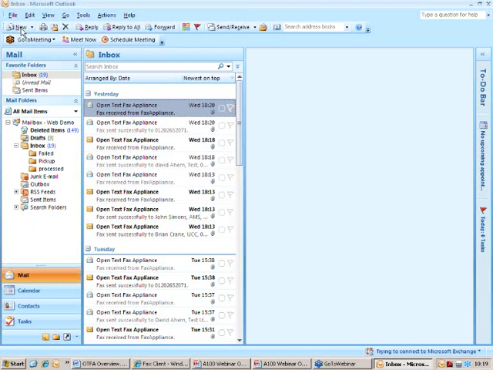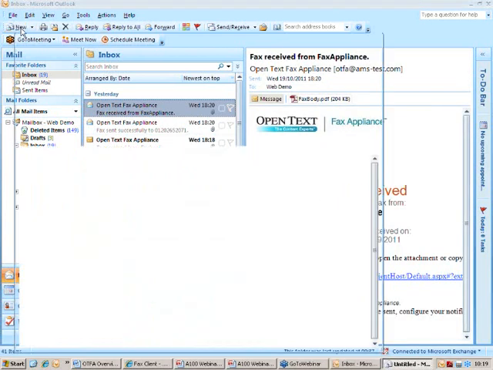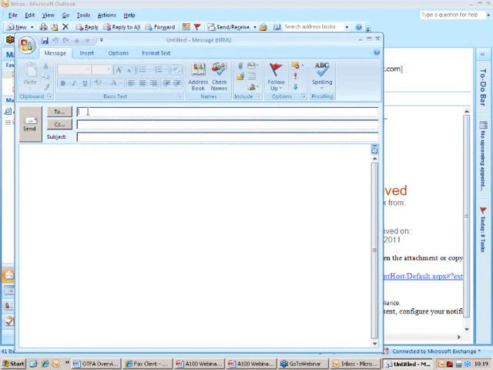So to send a fax from Outlook is as simple as creating an email, and identical other than the only difference is that you address it to a fax recipient rather than an email recipient. So the addressing format would be fax number at, in this case, otfa.fax. We can enter a subject, and you can type text in the body of the email, which would appear in the fax. And you can also attach documents, which will be converted to fax format and included in the fax.